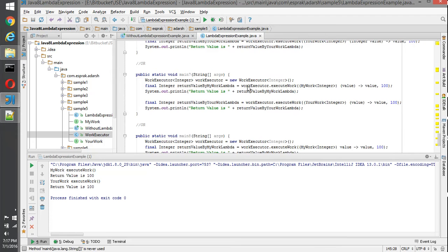Then here we have just removed the data type, as well as the curly braces and the semicolon.